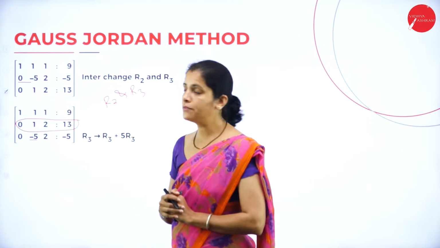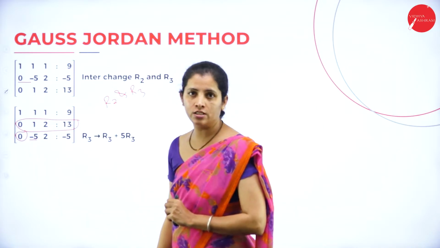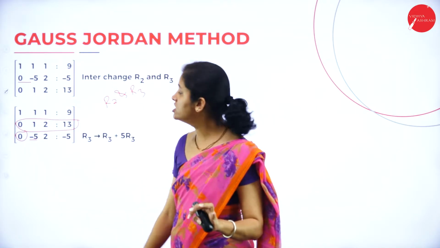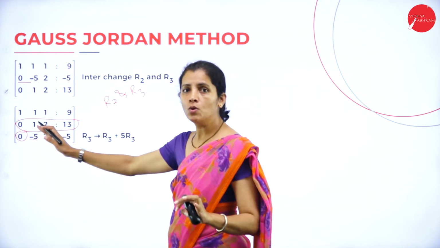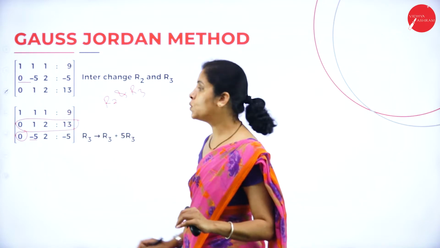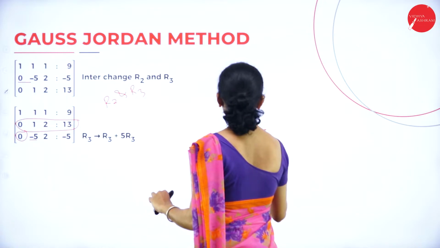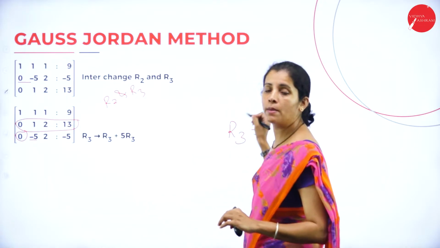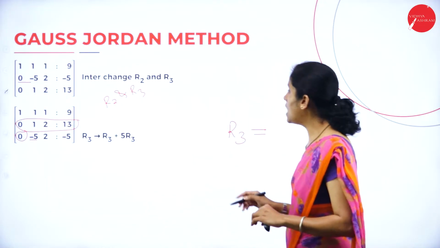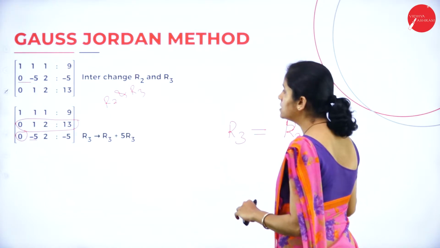After substituting the formula, this value gets changed, but I don't want to change 0. So now I'm going to consider row 2 and row 3. What is the formula? I'm going to change my row 3. So it is R3 plus